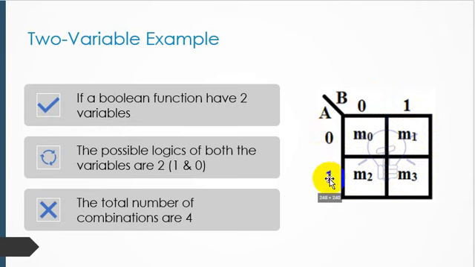On the extreme left side we represent the combination of the input A, 0 and 1, and on the top side we represent the combination of B, 0 and 1. So this is a basic graphical representation if we have two variables. For example, we have a two input NAND gate, two input OR gate, then we have a K-map of AND and OR, and the two input AND and OR gate is just like that. So let's move toward an example and how we solve the K-map, and that's very important.